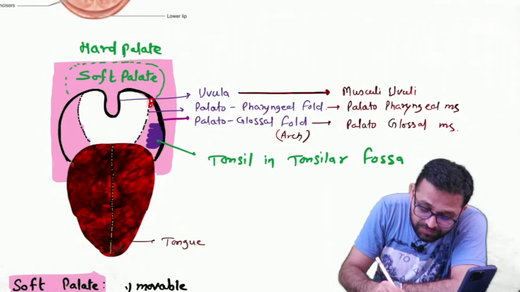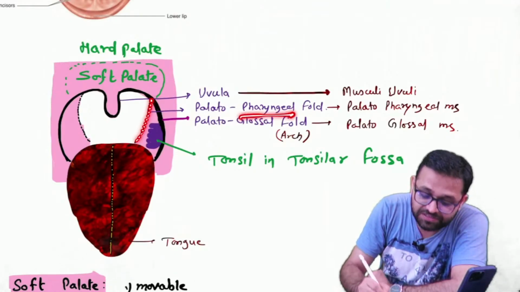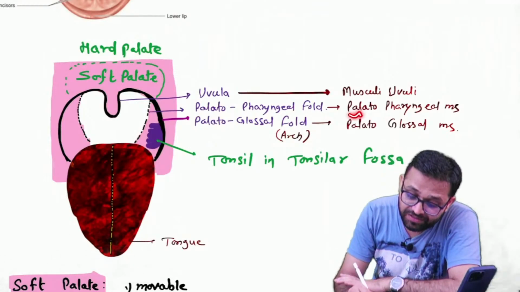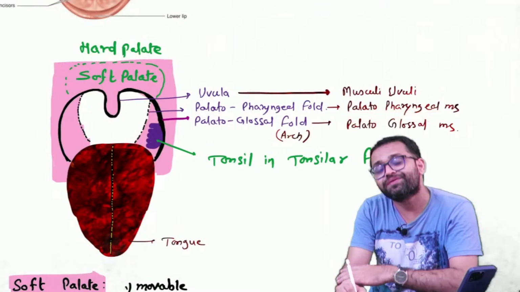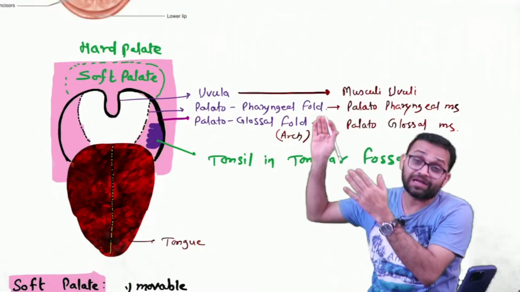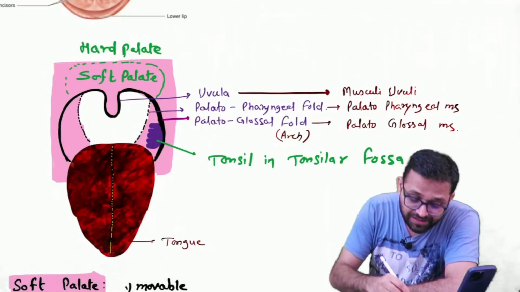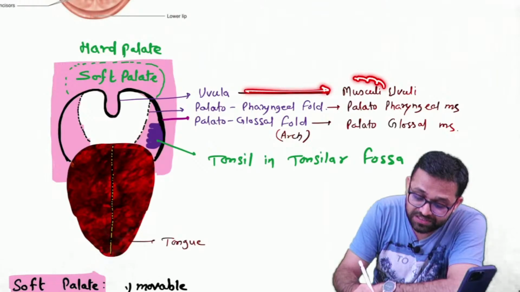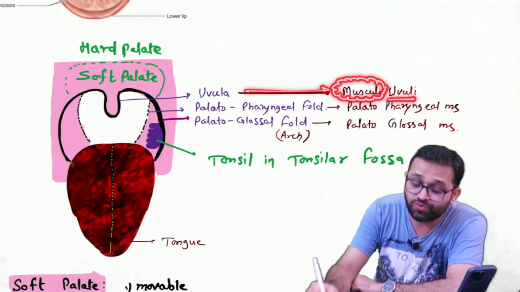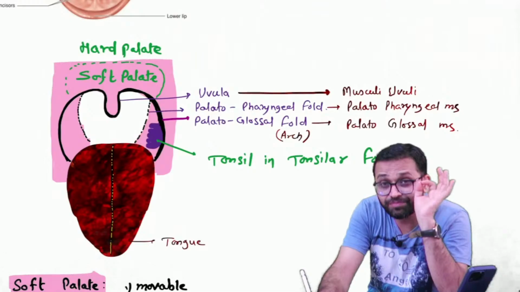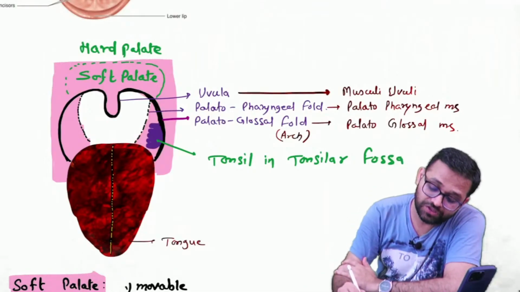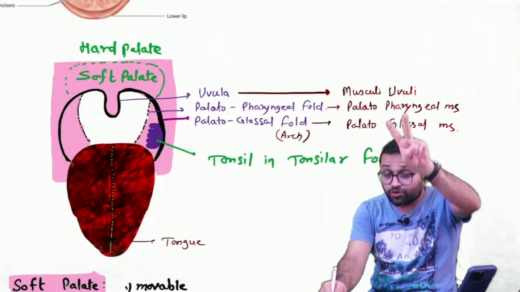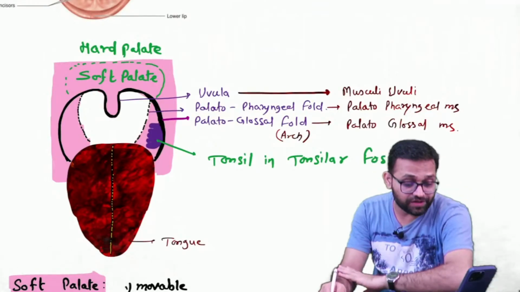In the similar way, from the palate, one fold of the mucosa is going to the pharynx. So this is the palatopharyngeal fold. What is the name? Palatopharyngeal fold. So remember, when you will cut, you will see one muscle, palatopharyngeal muscle. Very good. Palatoglossal muscle, palatopharyngeal muscle. This is the uvula. So when we will cut the uvula, within it you will see the brown color muscle known as the musculus uvulae. What is the name? Musculus uvulae. Okay. So what are the different soft palate muscles? Sir, musculus uvulae. Sir, palatoglossal fold. Sir, palatopharyngeal fold. Getting the point?